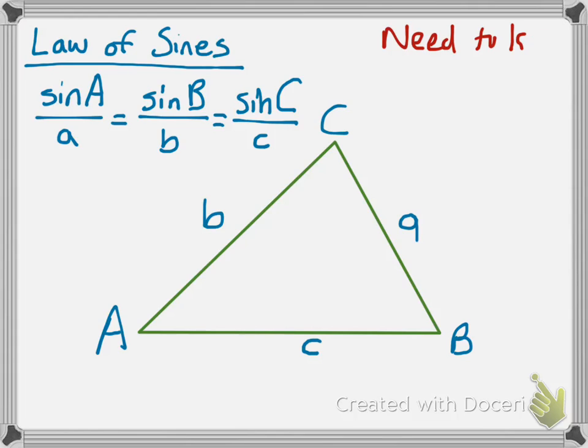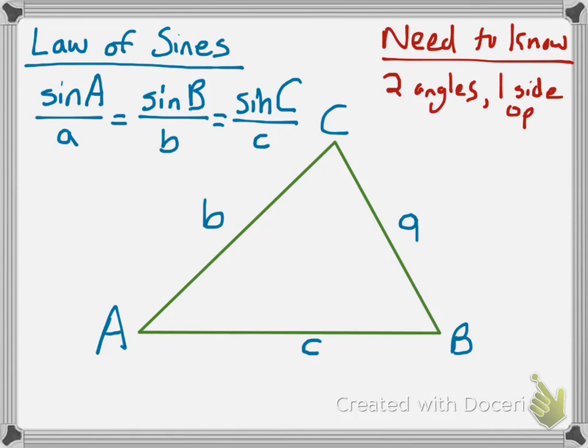whoops, can we spell know? What you need to know is that either you have two angles and one side, and I'm going to put opposite, okay, because it needs to be opposite one of the two angles, or you have one angle and two sides that you know,